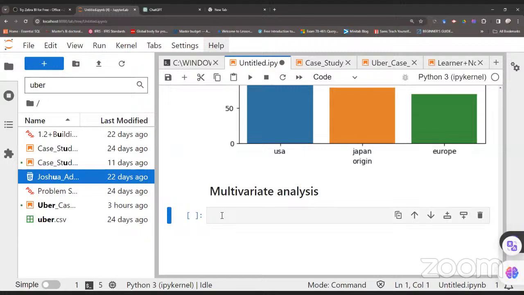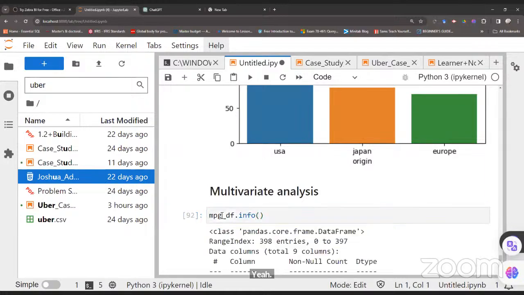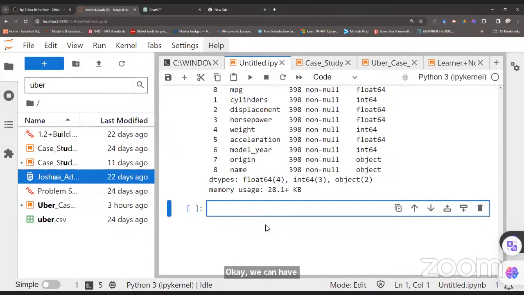So what we mean by multivariate analysis is this. Let me intentionally call the data frame here, mpg.info. So this is the data set. We have the mpg column, cylinders column, displacement, horsepower, weight, acceleration, model year, origin, and so on. We want to understand the relationship amongst these columns. We can have a handy way of doing that by using Seaborn's pair plot. So what pair plot is going to do is that,